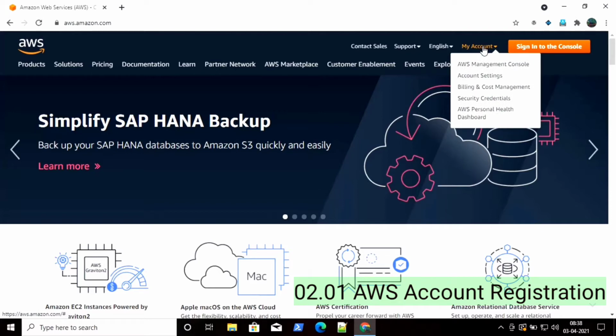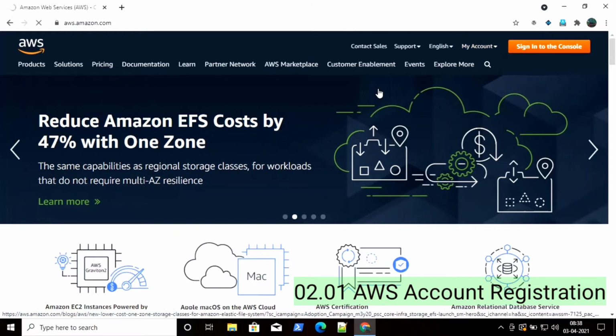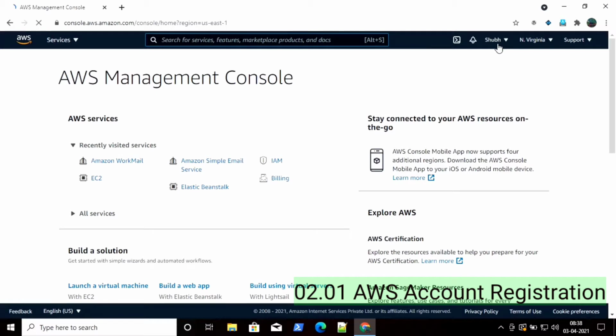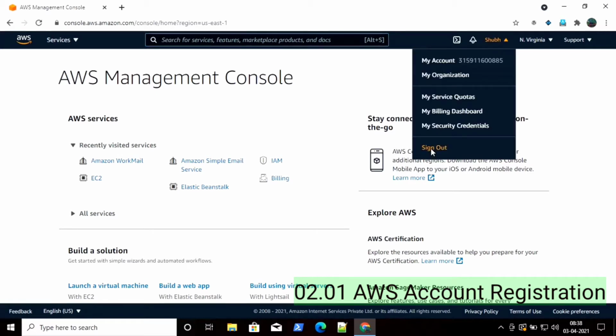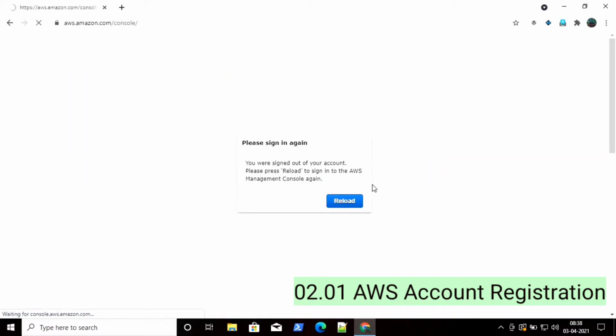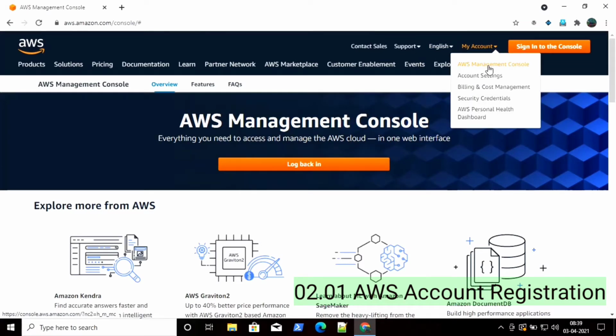To set up your account, click on My Account, then AWS Management Console. Here you can register your account. I have already signed in, so I'm just going to sign out by clicking on sign out. Now to register your account, click on My Account, then AWS Management Console.